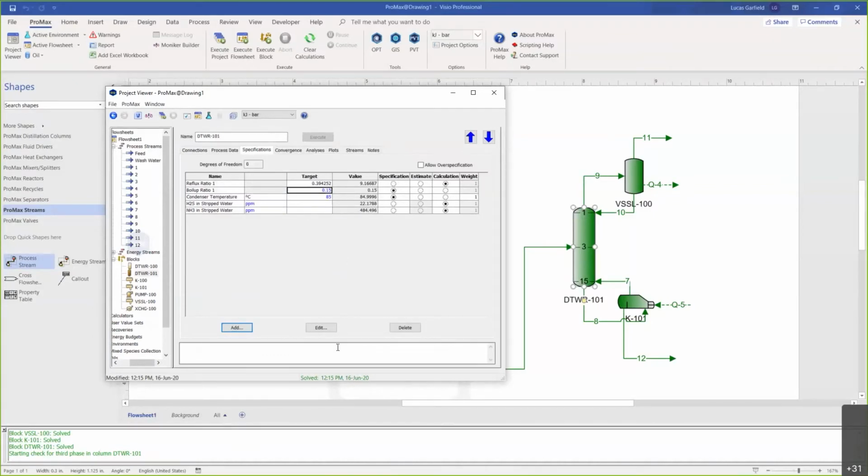So to fix this, I could increase my boil-up ratio, right? I could just strip a little bit harder. So I could come in here and say perhaps 0.18 as a boil-up ratio and execute this. Now I see I've got my NH3 in the stripped water down to 77 ppm, and I could keep adjusting the boil-up ratio. Another thing that I could do is I could try to just control based on that ammonia